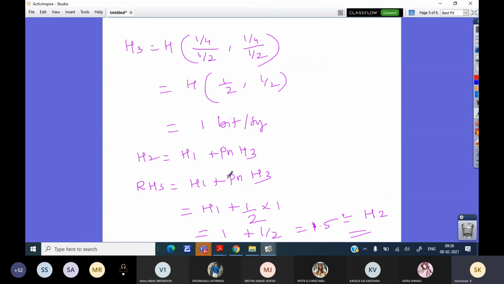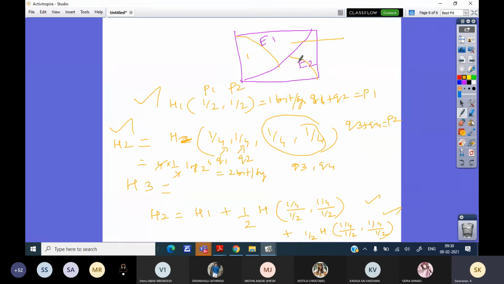The same procedure. So why am I going to take only one Pn? Because only one event is divided into two sub-events. So in the second problem, I am going to divide both E1 and E2 into two sub-events. So I should substitute the corresponding main event probability. Unfortunately, both are going to be 1 by 2. Sometimes it may be a different value also. One may be 1 by 3, the other may be 2 by 3. So you have to substitute the corresponding values and verify this property. That is very important. Okay.